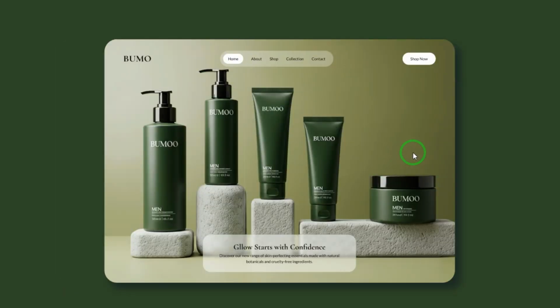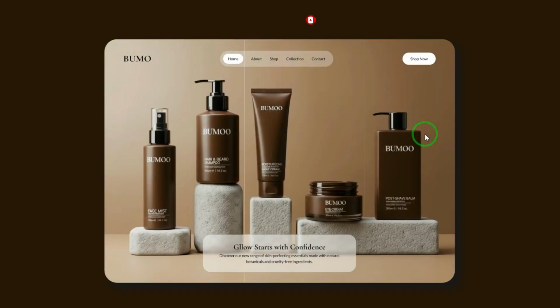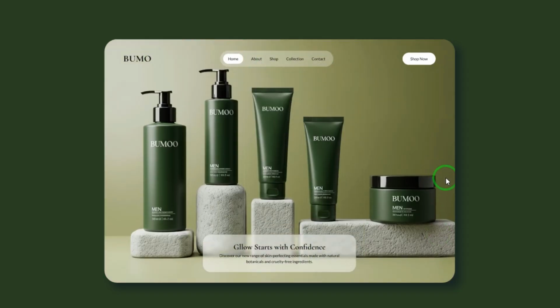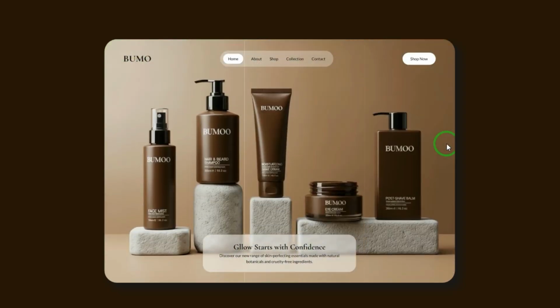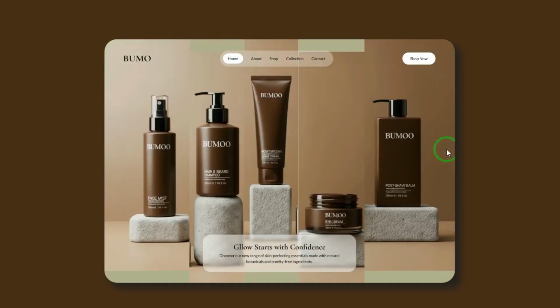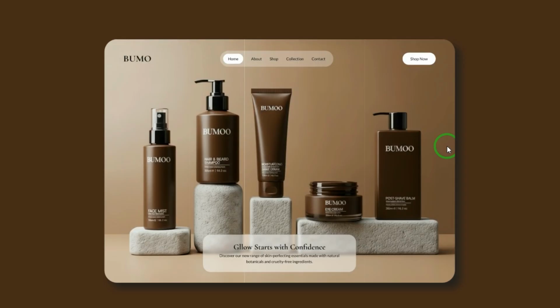In today's tutorial, we're going to design a modern and elegant cosmetic product hero section. The kind of design you'd see on high-end skincare or beauty brand websites. But here's the best part. This prototype isn't just static. It's going to be a next-level animated hero section with smooth transitions, layered depth, and that premium glow effect that